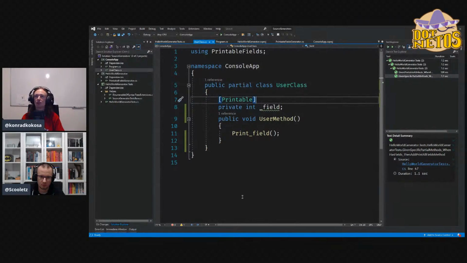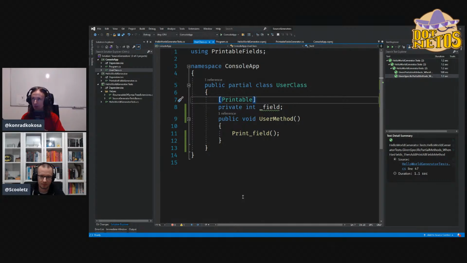First of all, this source generator stuff is in preview, so they can say that in a strong way. They didn't manage to add it to .NET 5 at the time of the .NET 5 announcement, but it will for sure be out of preview in months, in weeks, I don't know. Currently it is in preview, so if you would like to play with source generators, you need to be aware that it is not super stable. It may not work as nicely as you can expect, but it is really, really